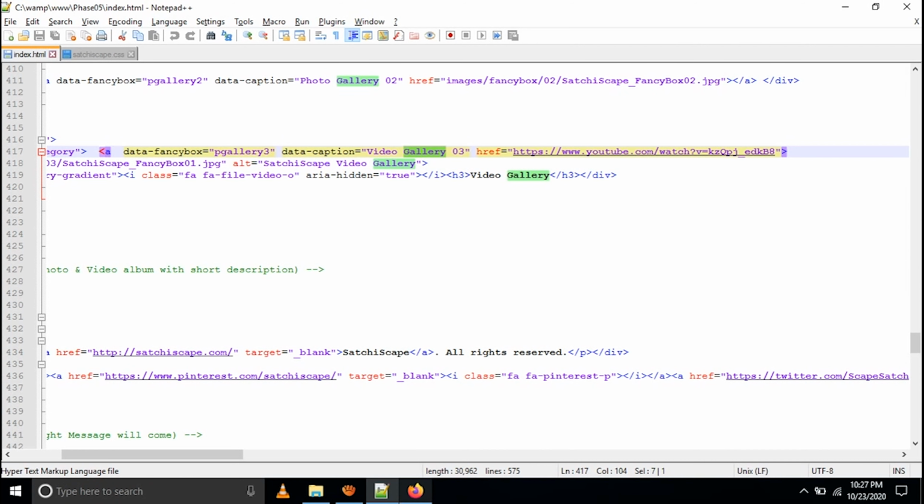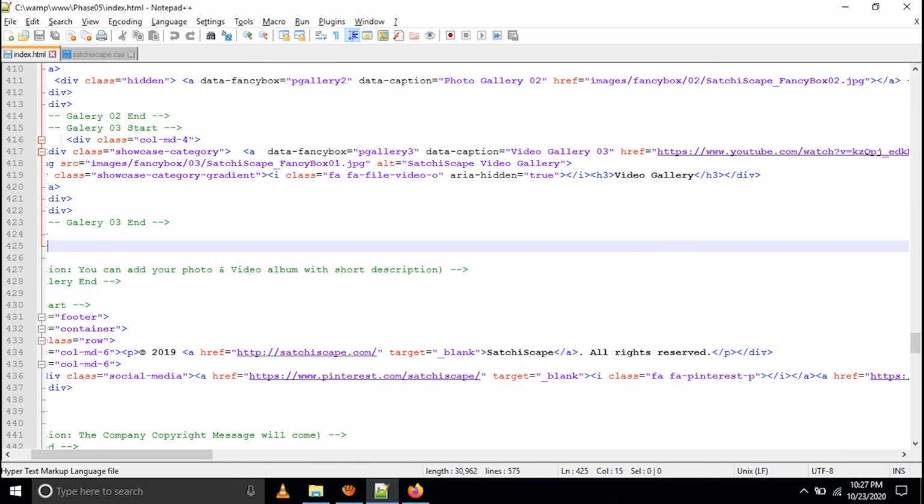When you open the YouTube, there is an option down below, the share button. When you click the share button, you will see in the copy field there is an ID showing, or in the website URL also you can see the ID. You just copy that ID and paste it here. That's it.